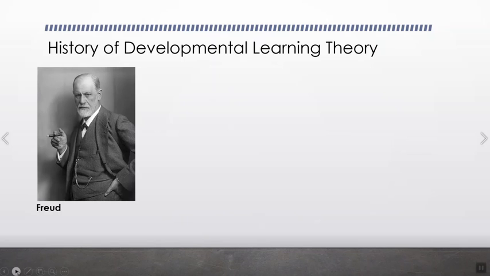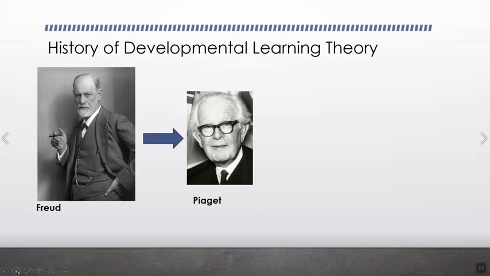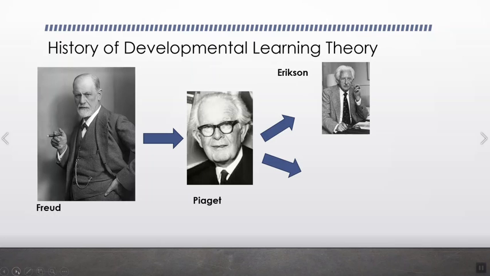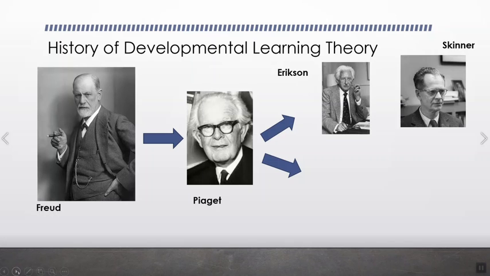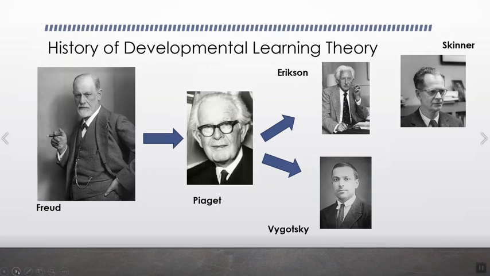So then came John Piaget, who is known for his research in developmental psychology, and he began to study the reasoning process of children at various ages. From there, many others began to pursue theories in developmental learning, such as Erik Erikson, who looked at more of the emotional development, B.F. Skinner, who believed reinforcement and punishment mold behavior, Lev Vygotsky, who believes development is primarily driven by language, social context, and adult guidance, John Dewey,